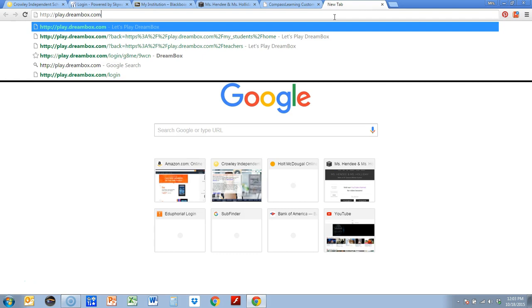dreambox.com. So let's make sure everybody has this so far. We have http: the 2 little dots, a slash and then another slash, and then we have the word play dot dreambox, all one word, .com. Then we're going to put another slash, the word login, slash again,